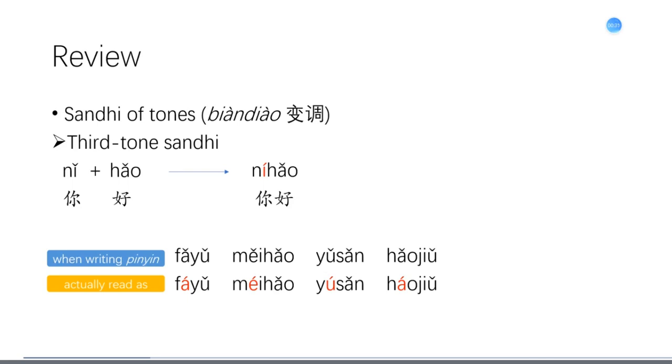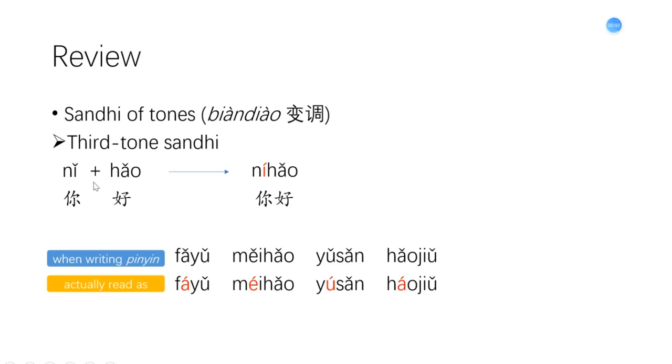Right? So we learned two kinds of Sandhi of tones. The first one is the third tone Sandhi, 三声变调, the changing of tones for the third tone. So in brief, the third tone Sandhi rule is like this. If a third tone syllable is followed by another third tone syllable, the first one changes into